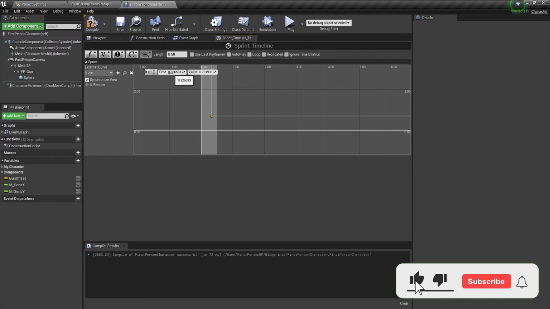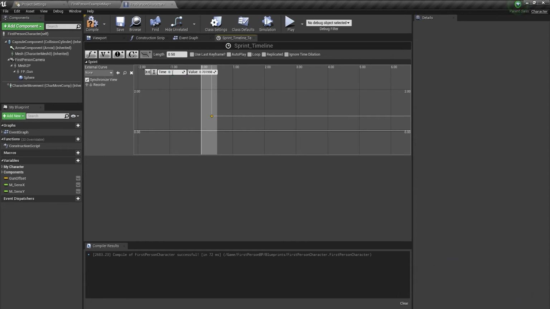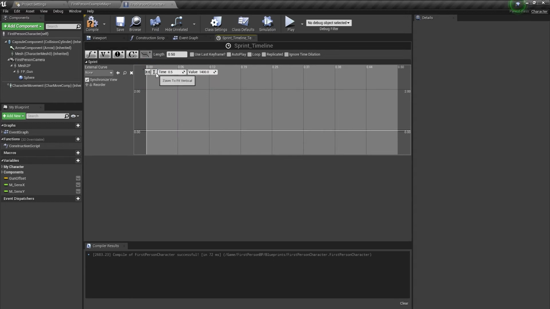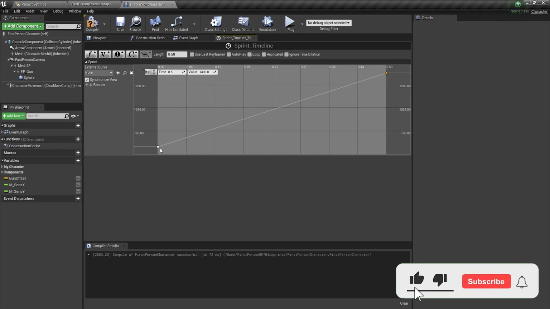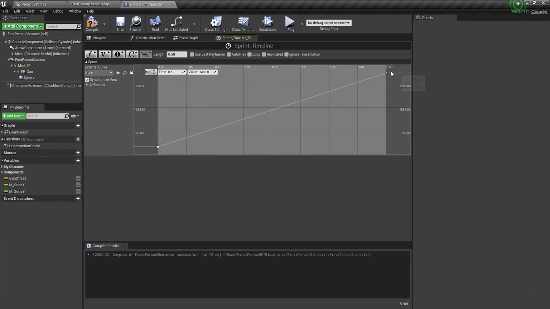Our character is walking and we want to sprint, and that will be at time 0.5, and the value we want is 1400. Perfect. Just click on this, and you can see at frame 0 the default walking speed is 600, and when we press the sprint key, it will increase.